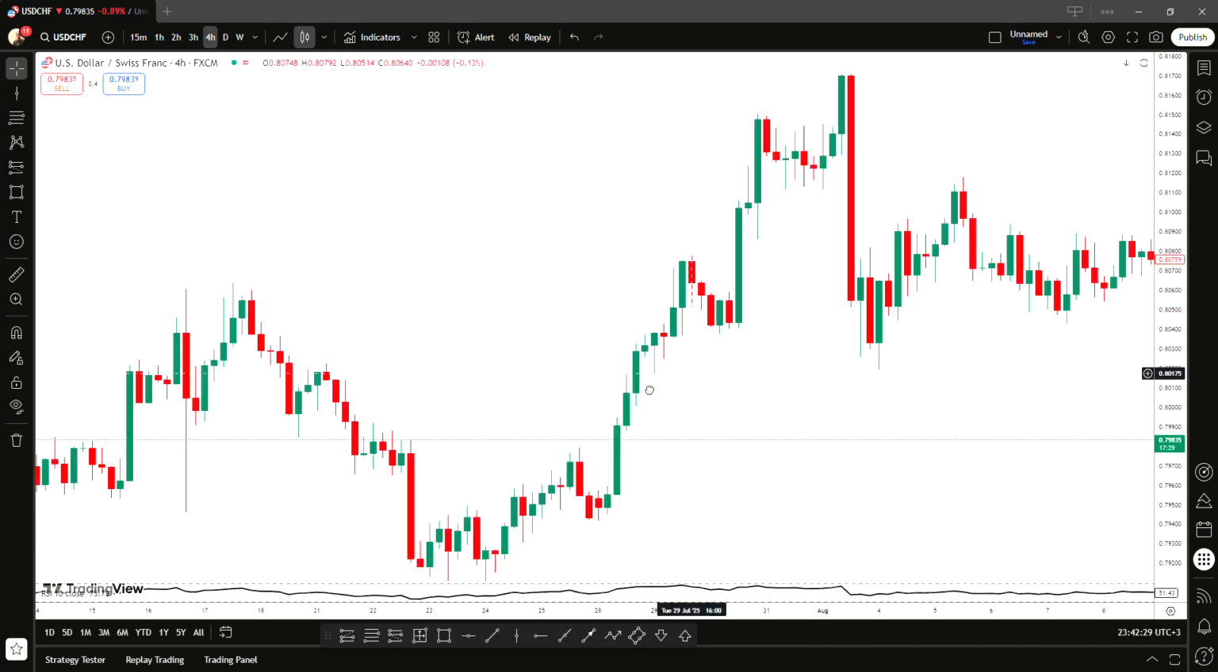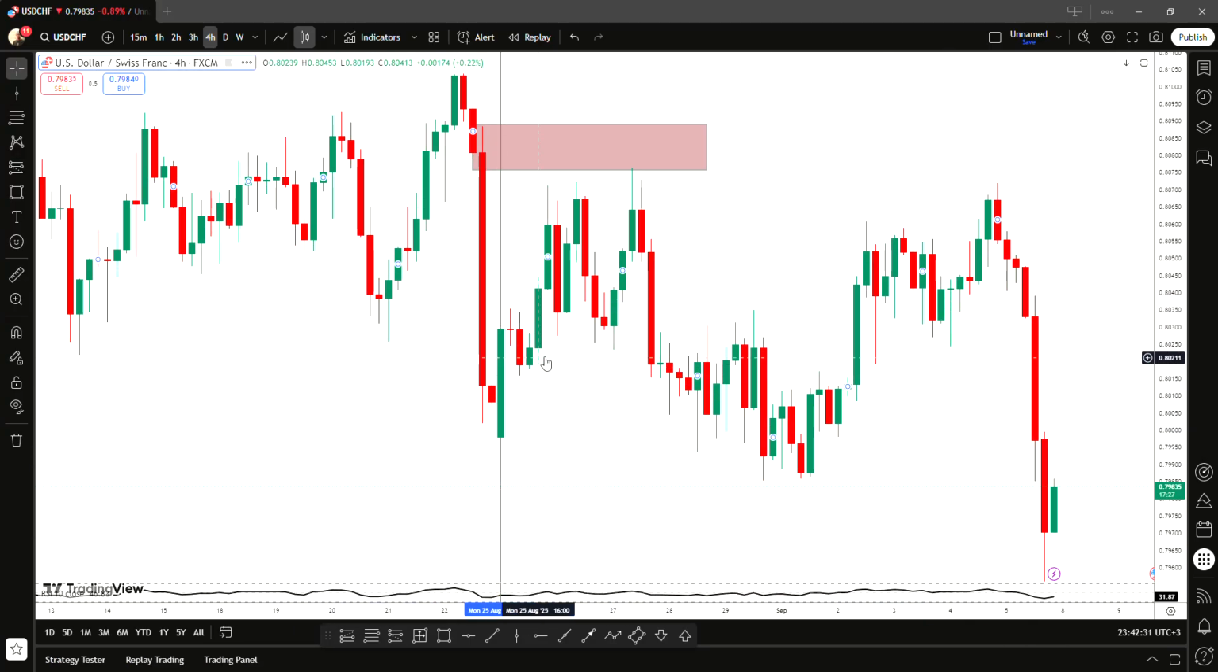So now what happened is, let me just remove this line such that we can see clearly. The wick opened from here. This was Monday 25th August, and then it started going up. Remember, this was a break of structure. So the wick opened here and then it started going to the upside. So after it reached here,